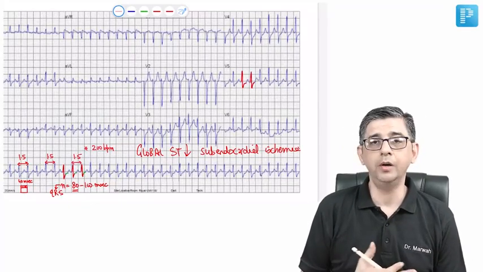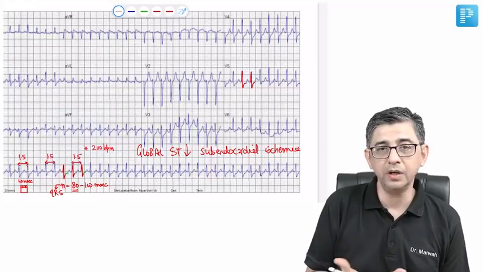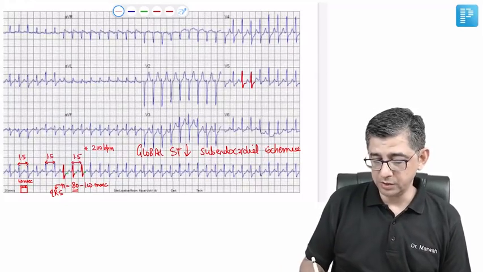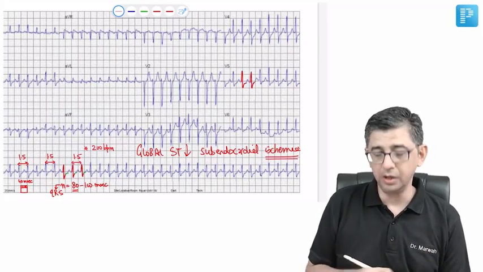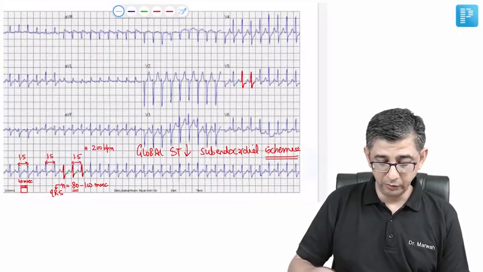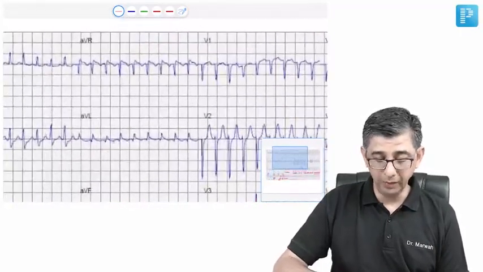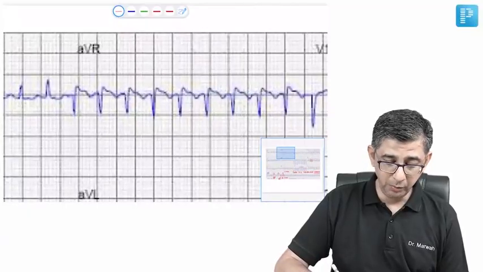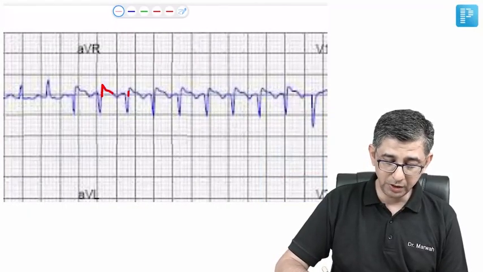Coronary arteries can provide a limited amount of oxygen. Suddenly there's an increase in consumption. So there would be a manifestation of hypoxia or ischemia in the heart. That would be a global ST depression. And in fact, the reciprocal change, you may be able to see some amount of ST elevation also present in